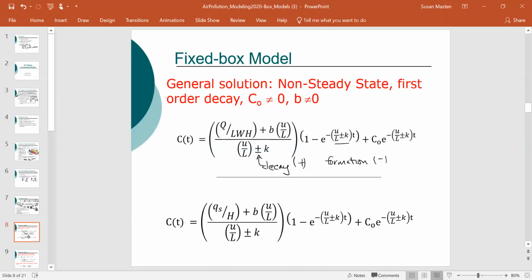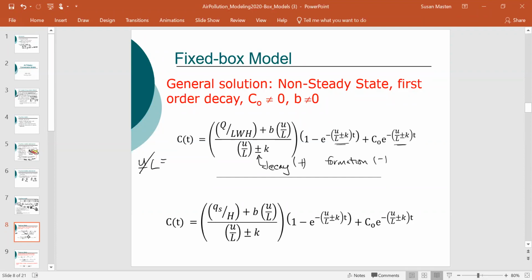So with all of these terms, it's essentially the same equation. If you go back and look at the equations that we used for indoor air quality, it is essentially the same equation. The notation was different, but it's essentially the same equation. So for instance, this U over L term,